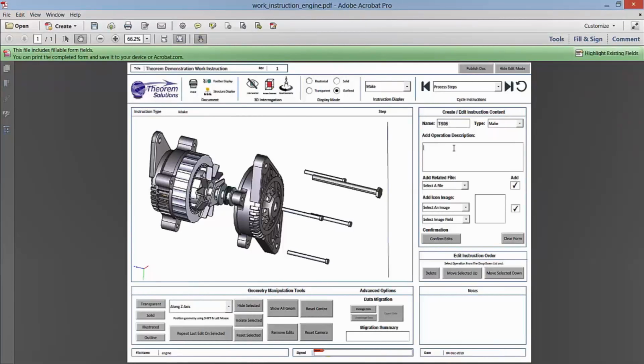So within our same work instruction, we can name it. We're going to follow the naming convention and name it 08. We're going to give it a description. Do we want any related files? If so, you can select those files or upload additional files. You can select icons for warnings, so you can add warnings to the next steps. You can confirm those, and then what we're going to do now is we're going to move over to the